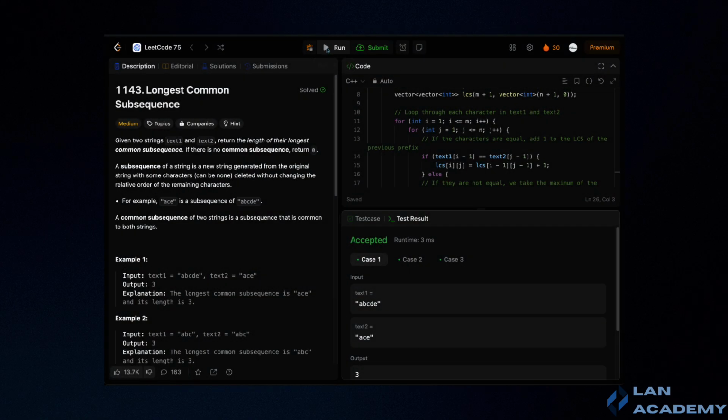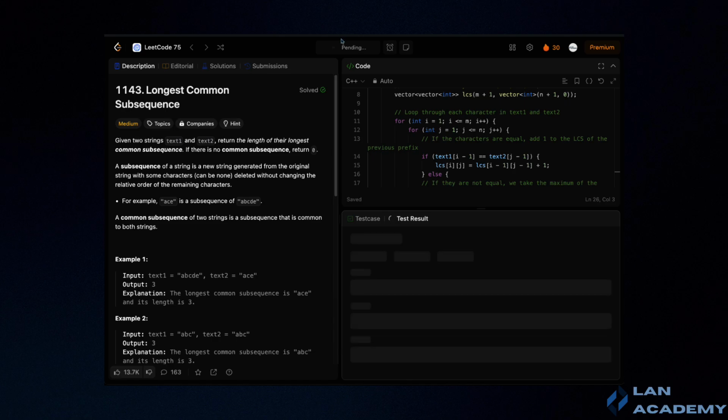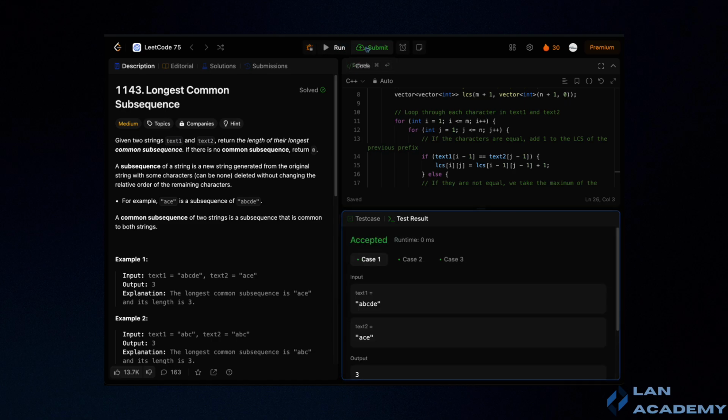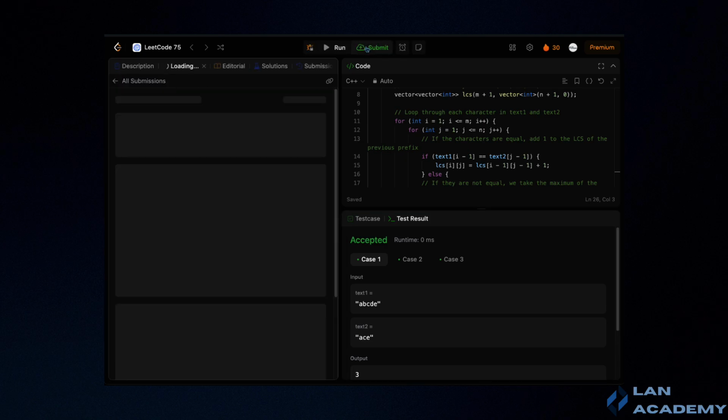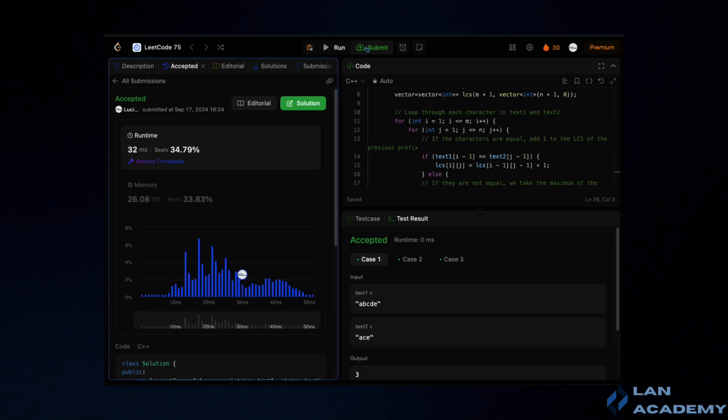string-related problems. With the algorithm implemented, it is essential to thoroughly test it across various cases, including edge cases such as one or both strings being empty, to ensure it performs correctly in all scenarios. This will confirm the robustness of the solution and its ability to handle different inputs effectively.